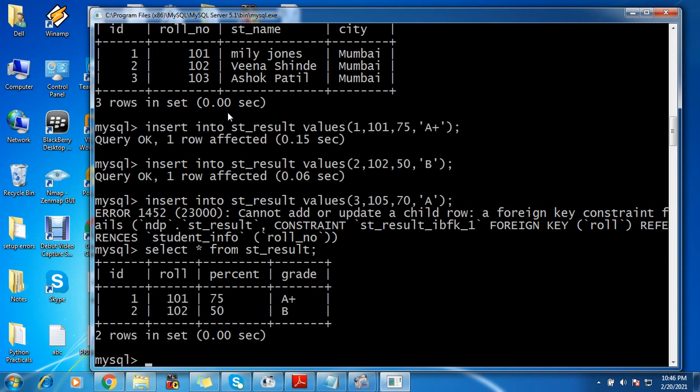Okay, so the setup has got installed successfully. We have learned how to download it. We have found some tips while downloading. The installation is okay, the setup is working properly, and quickly I have demonstrated the use of primary key and foreign key. So this was all about today's video lecture.